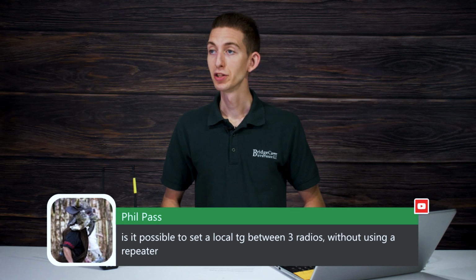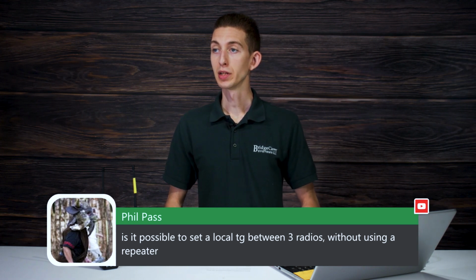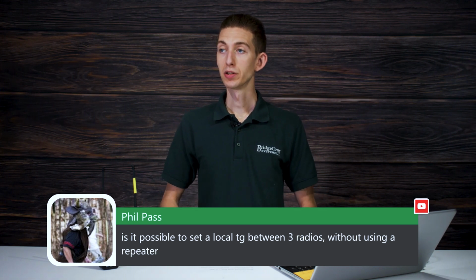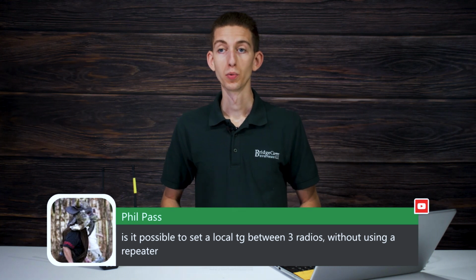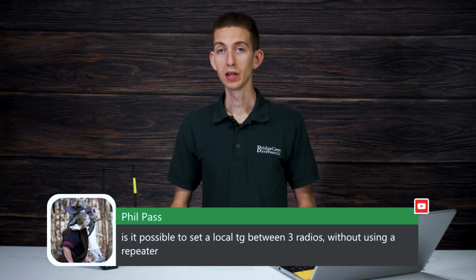Phil asks, is it possible to set local TG talk groups between 3 radios without using a repeater? So I believe what you're asking is if you want to have just a talk group for 3 different radios with no repeater. So absolutely. We actually just did this in,